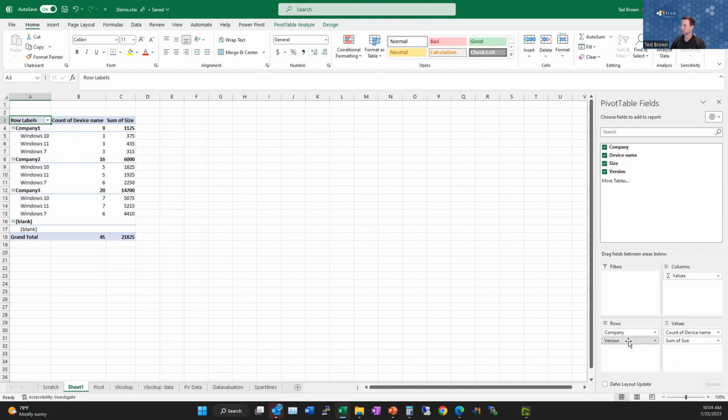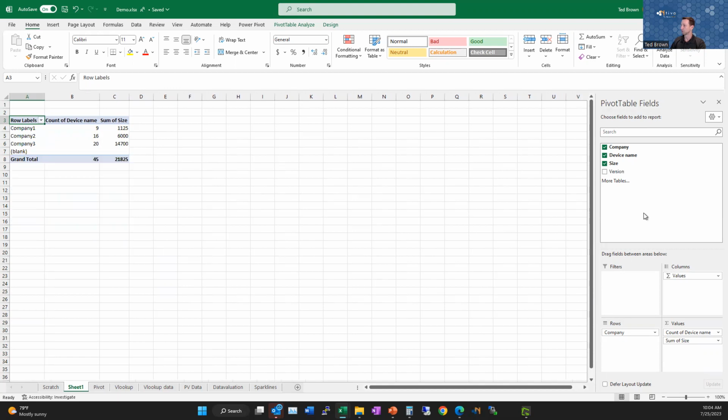Alternatively, maybe it doesn't make sense, and you don't want to see all the Windows operating systems. You can utilize the filters. So we just want to find out which ones are end of life. Let's take the version, put it into the filters, and we'll click this at the top. I can click the down arrow and say I want to see everything that's Windows 7, and click OK. So now it tells me here are the Windows 7 machines for each one of